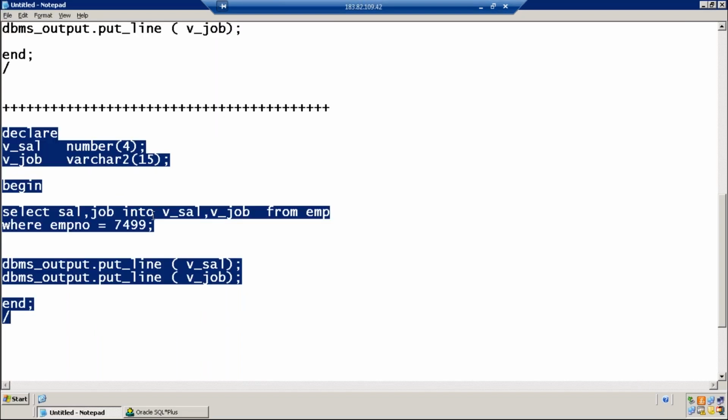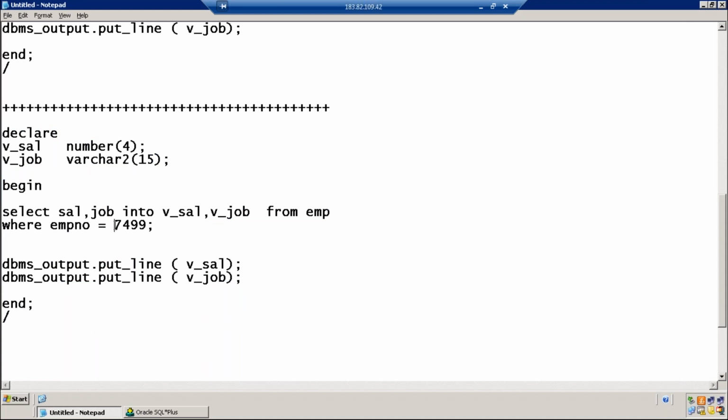Instead of 7499, what happens if I use ampersand employee number? Jamal, what will happen? We used it yesterday.